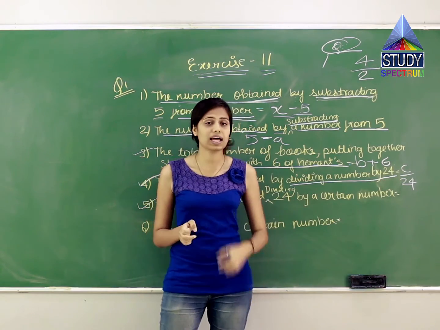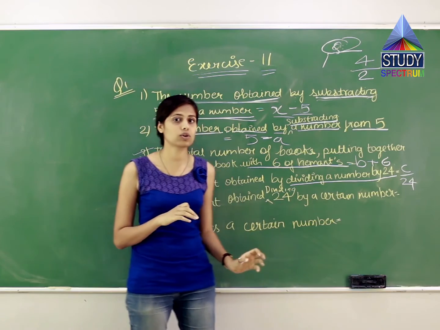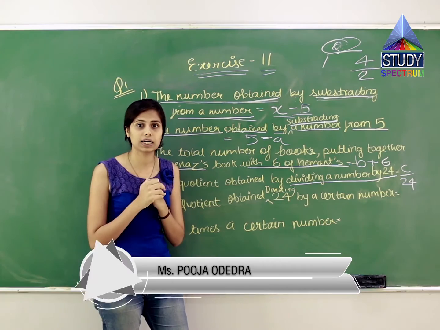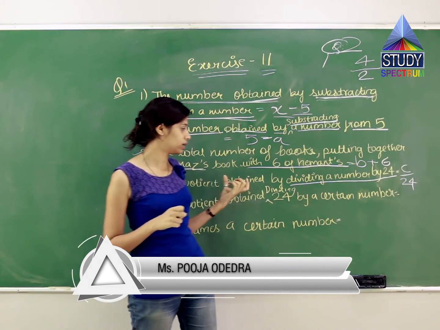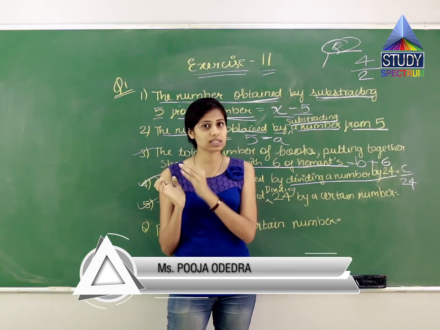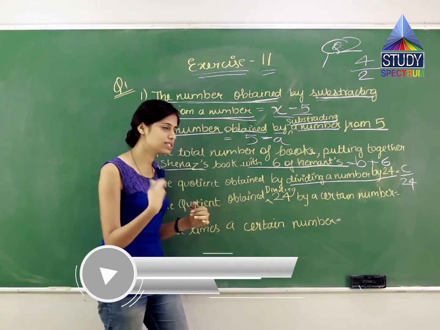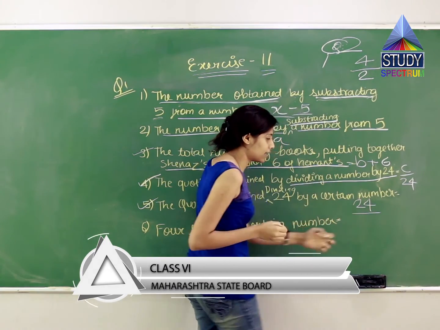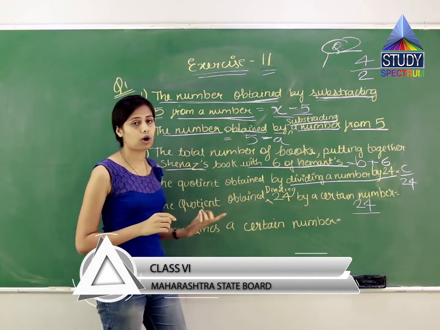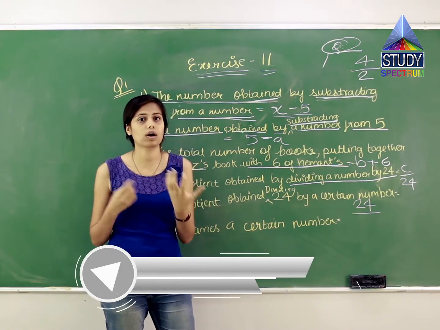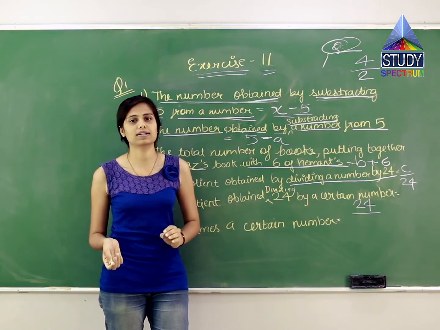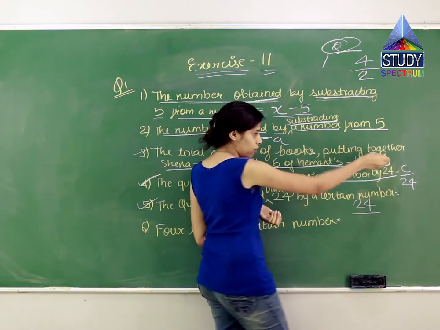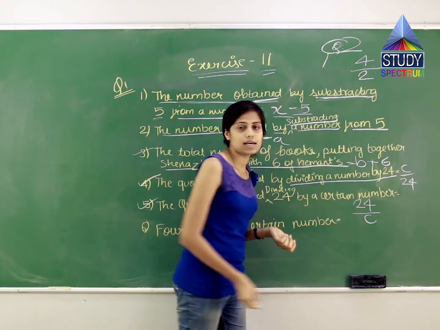Here they were expecting 24 in the denominator, because they are telling you a certain number is divided by 24, which means 24 was in the denominator. In the next question they are trying to tell you that 24 is divided by a certain number. Means 24 is in the numerator. So let us write 24 in the numerator. And there is a number in the denominator, that certain number. You don't know that certain number. So let that certain number be any letter from A to Z. Let us take C only. So it is 24 by C.